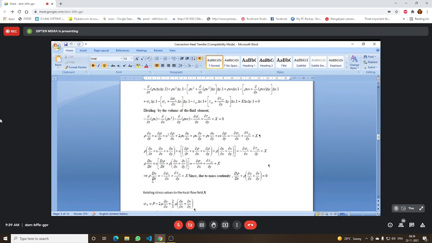So this is the force per unit volume, and this is equal to minus of del x of sigma x plus del y of tau yx, and this capital X is called the body force term. It is basically a force acting on the control volume because of being under some kind of a force field. Now this force field is called a body force field, distinct from these forces.